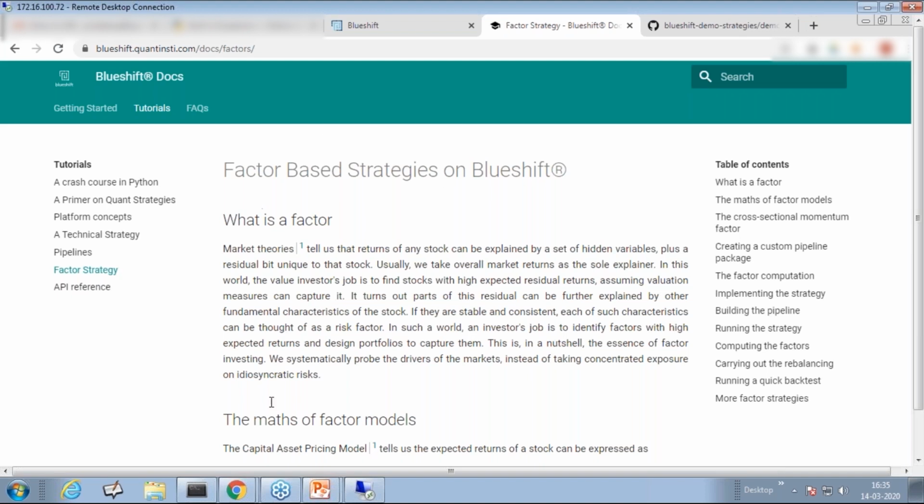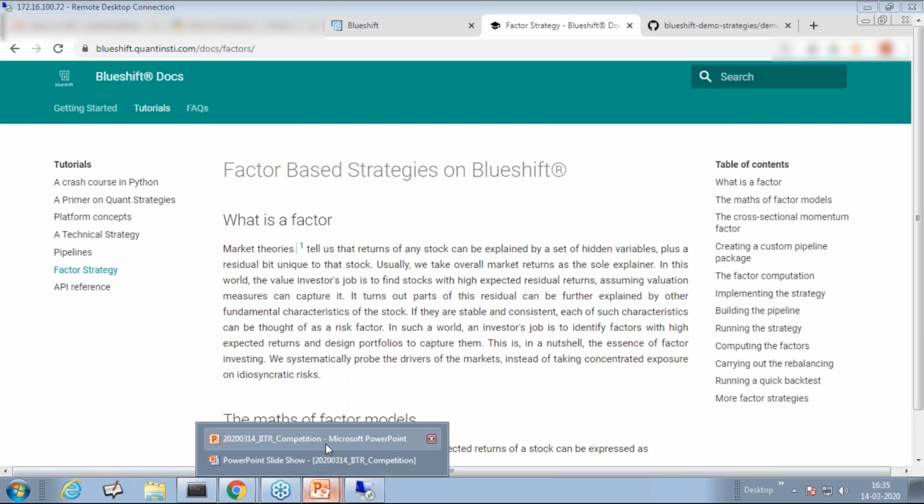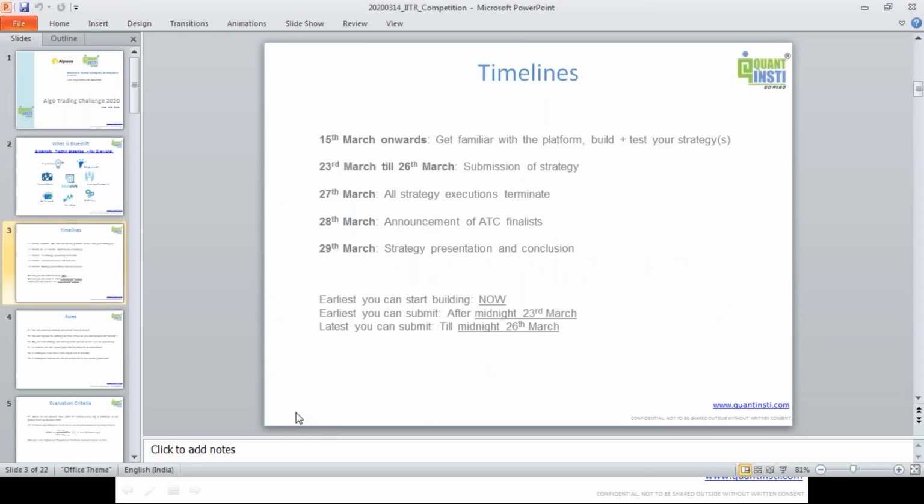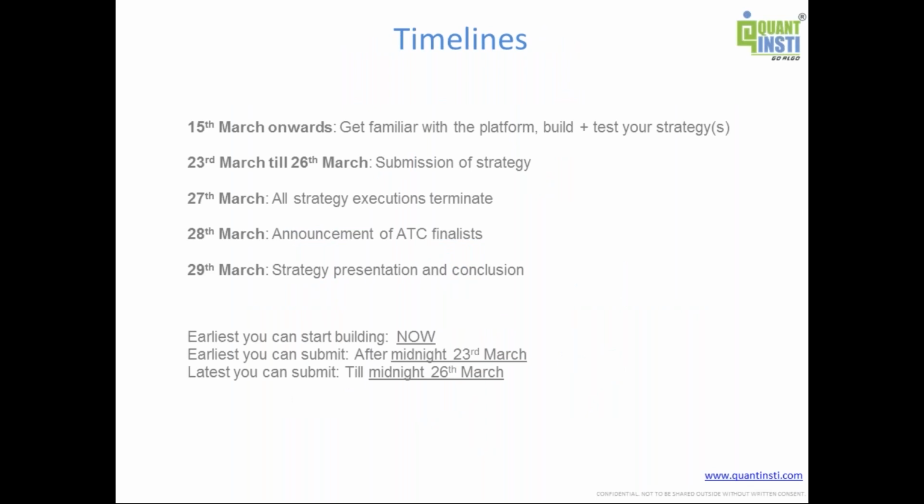So this is a very brief intro about the platform, what the platform does, and where to seek help. Now coming back to the competition itself, here are the timelines. From now onwards, you can get your hands dirty and start experimenting with the platform. You see the template strategies that are already available. You try out the strategies that are built step by step in the tutorial. Also go to the GitHub and see what you can borrow and reuse, and familiarize yourself and start finally